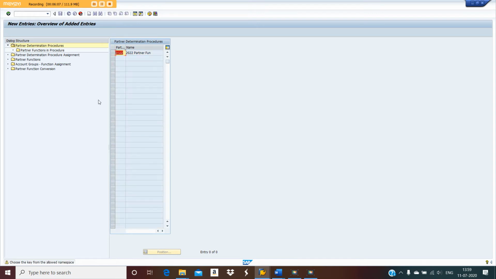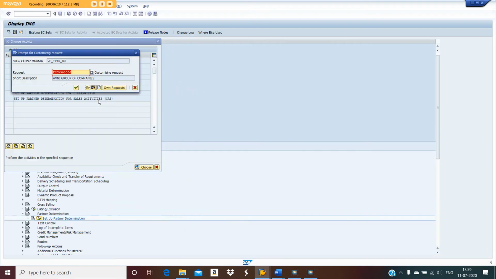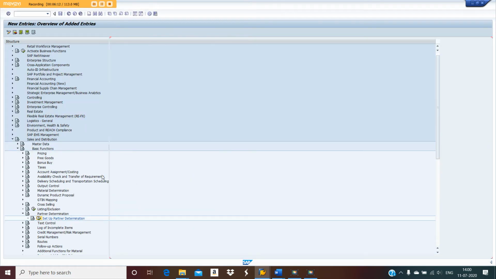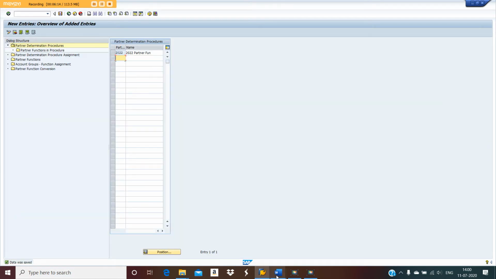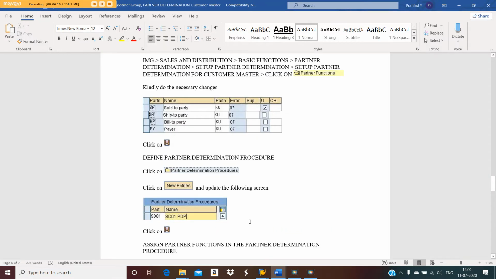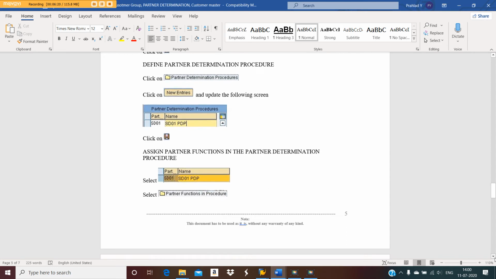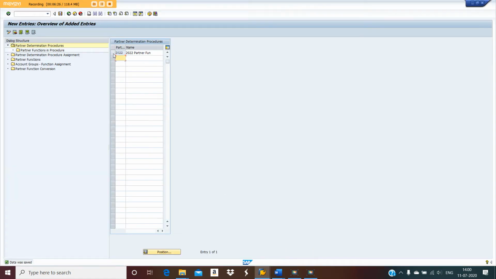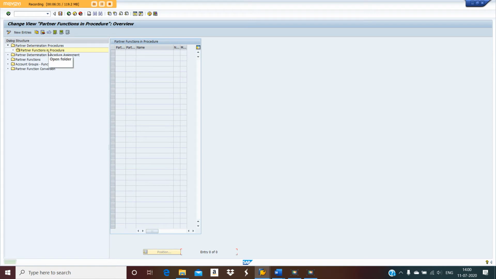Click on save, press enter. So we have saved 2022. Now select 2022 partner functions in procedure.